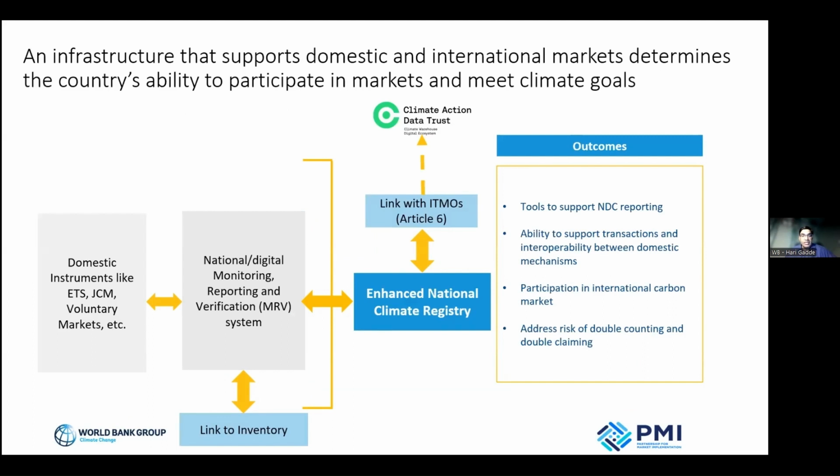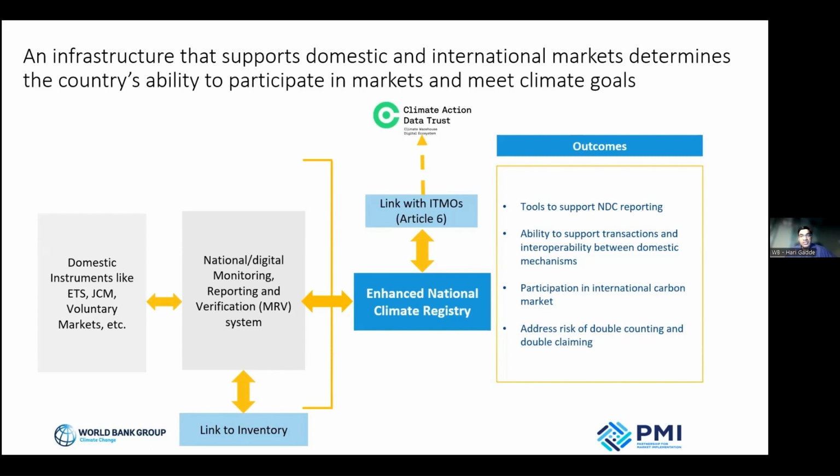This, of course, as Alexandra also mentioned, is some of the work that we are also doing in countries where the countries have already decided to implement some kind of a domestic registry.